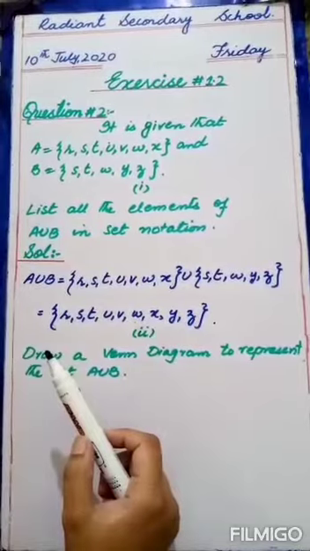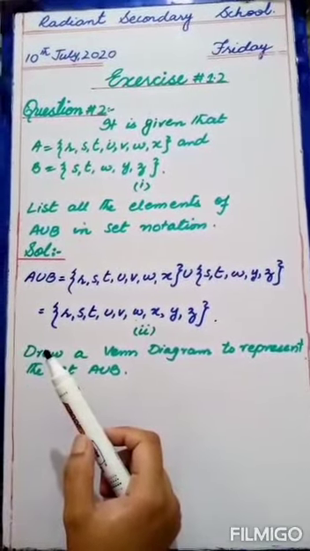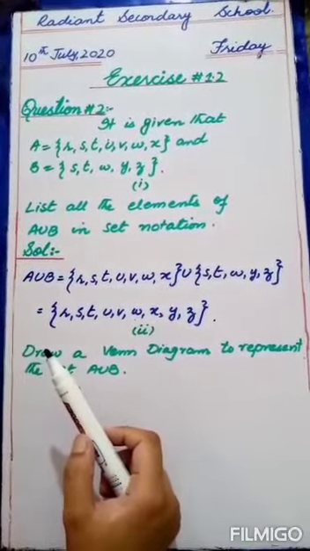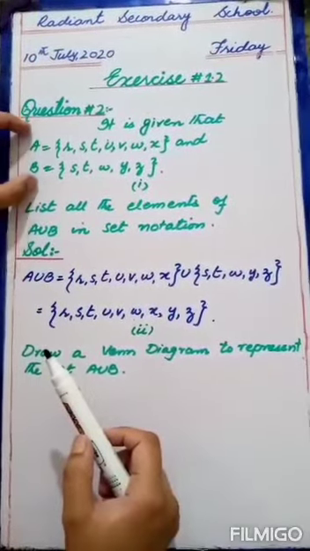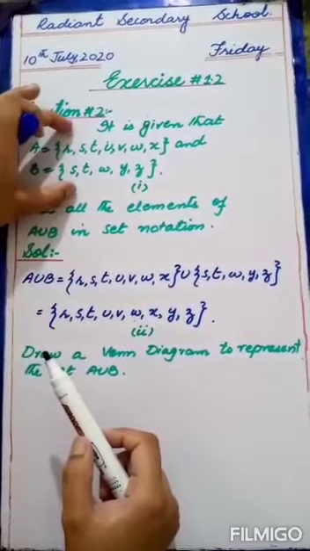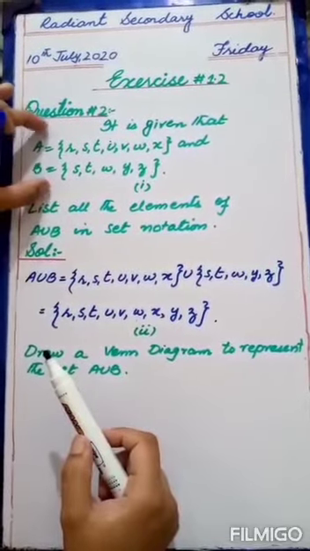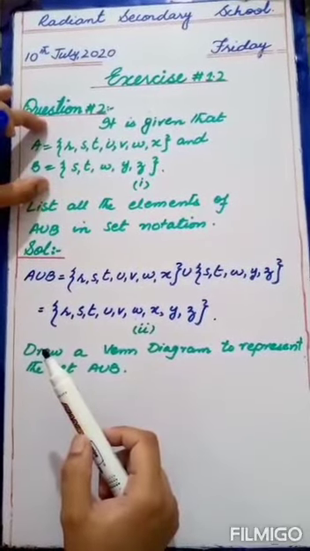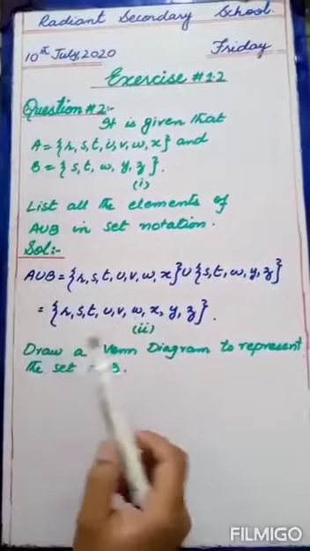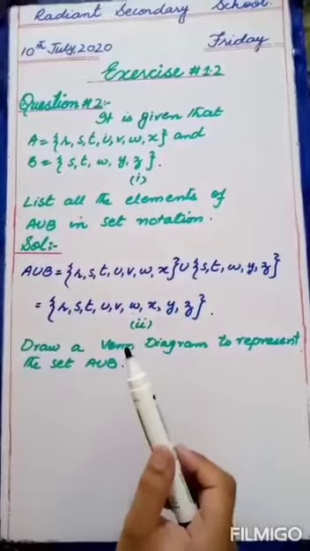And for overlapping, few elements are common, and no set should be the subset of the other one. We have checked no set is the subset of the other one, and we know that only few elements are common. Means in the definition we have learned about this, at least one element should be common. So we are having few elements common. This is the case of overlapping.